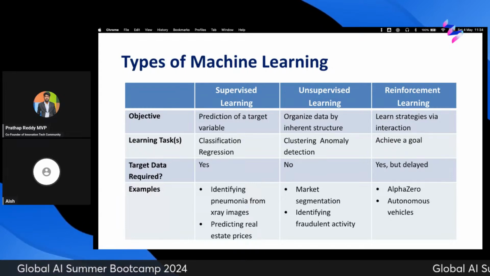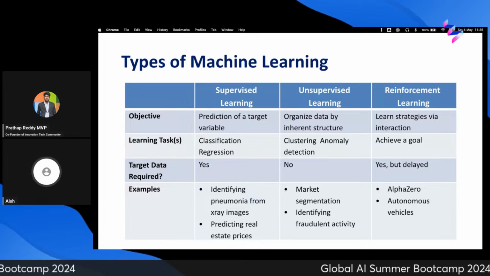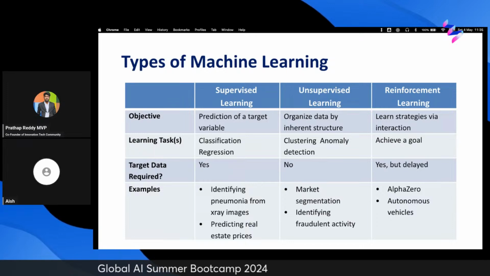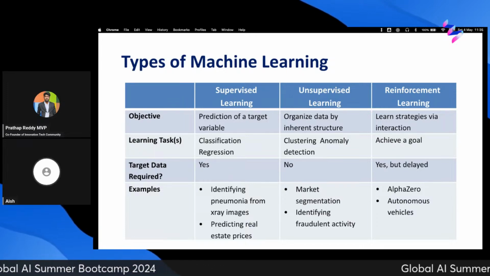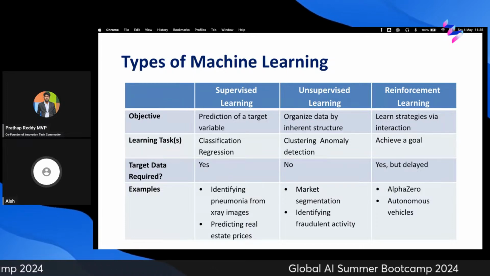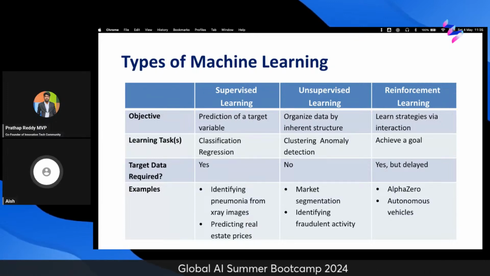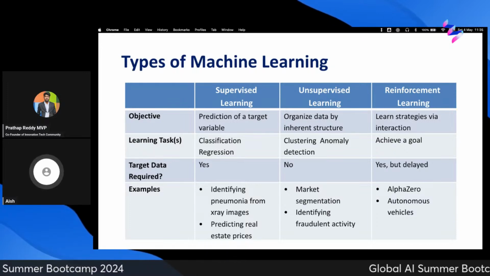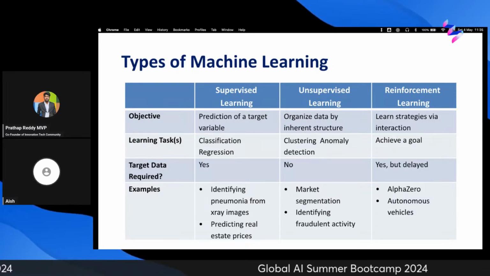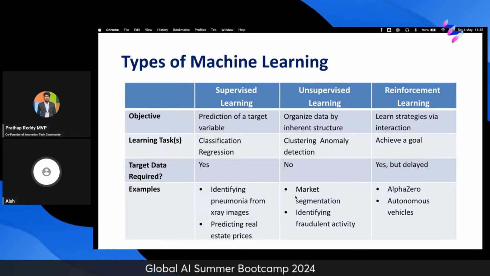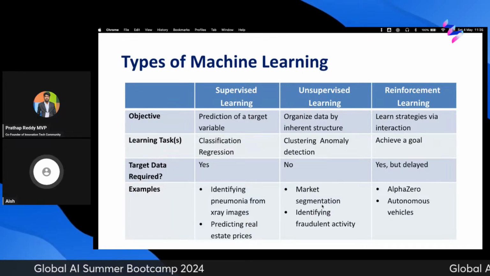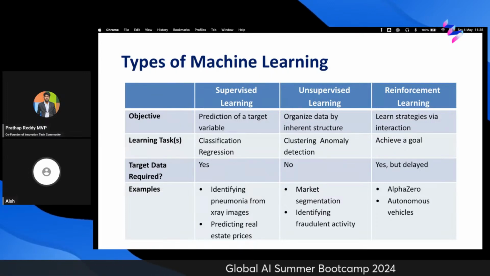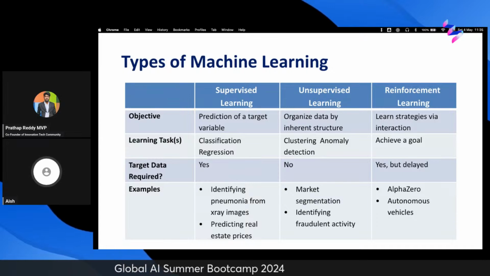Whereas sometimes you may not even have the label at all, and you just need to find mysterious patterns in the data. For example, if I make a gaming app, and I need to find out the persona of my customer who most frequently uses my gaming app. That is an example of trying to identify user segments that I don't really know right now. Maybe teenagers are using my gaming app. Maybe people between ages 18 to 35 are using it.